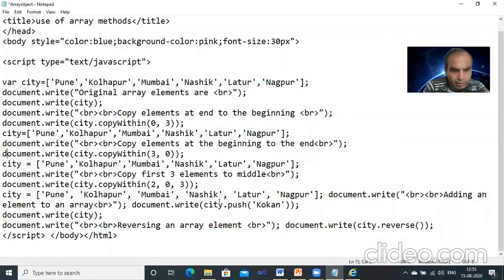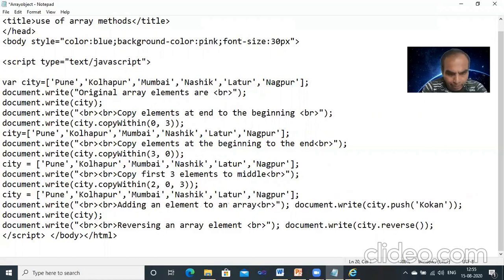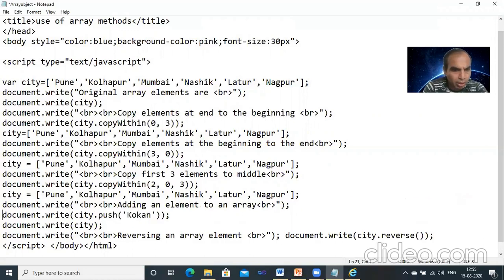Now see, they want to use the pop and push methods. So they use city: Pune, Kolhapur, Mumbai, Nasik, Latur and Nagpur. Then they are adding an element to the array. So document.write city.push, and they insert Konkan and display the city.